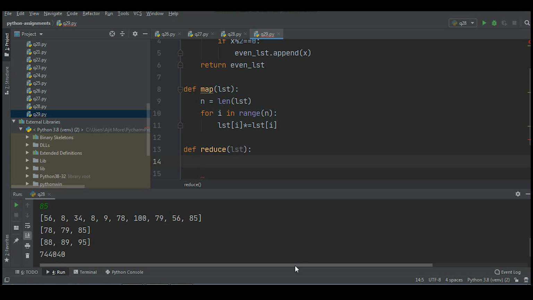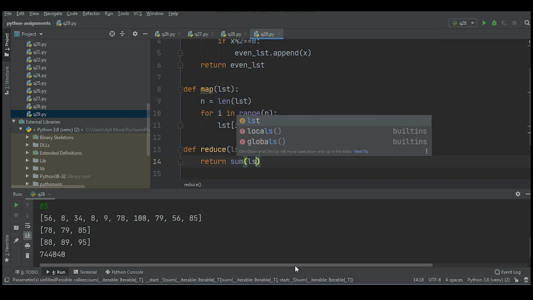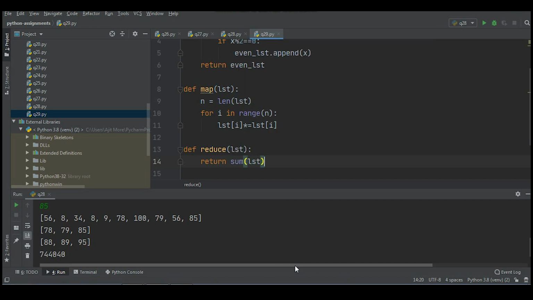Return the addition of all the elements. You can do this very easily by using a ready-made function, sum, which is provided by Python. That is also possible by writing return sum of LST. That easy it is. So you can take the benefit of sum which is provided by Python.